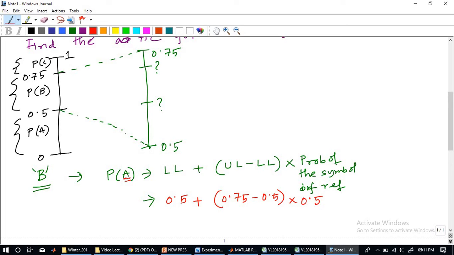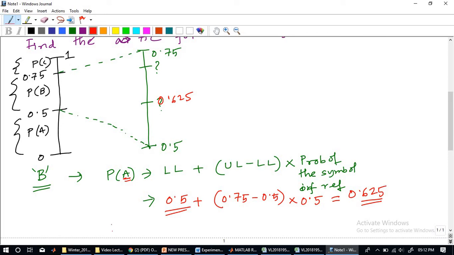Now you might ask, sir, after this, when you are taking P of B, then what will be the case? Okay, can you calculate this one and tell me the answer? I will just verify it with 0.625, yes. So this will be 0.625. Now, if you check this diagram, this value of 0.625 is nothing but this. Because we have taken the lower limit as 0.5 and this is supposed to be the higher limit at this point of time. So this value of 0.625 becomes the lower limit for PB.